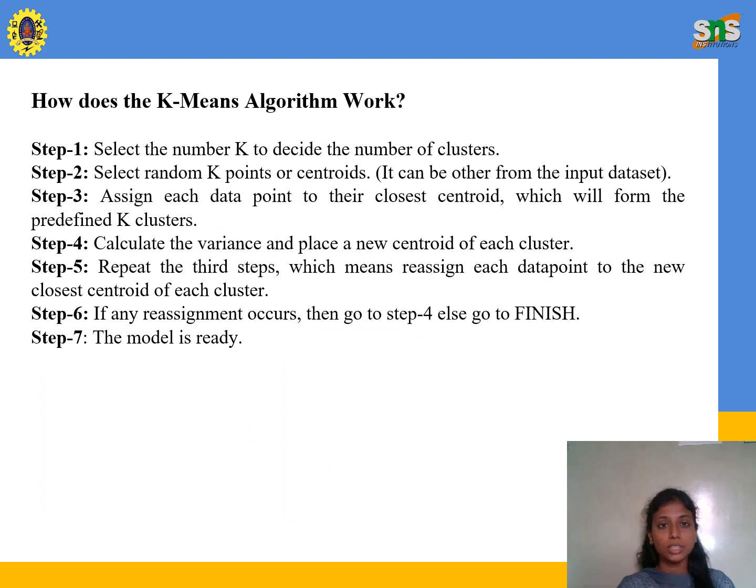Now we are seeing how the K-means algorithm works. Step 1: Select the number k to decide the number of clusters. Step 2: Select random k points or centers. Step 3: Assign each data point to its closest center, which will form the predefined k clusters. Step 4: Calculate the variance and place a new center for each cluster. Step 5: Repeat the third step,